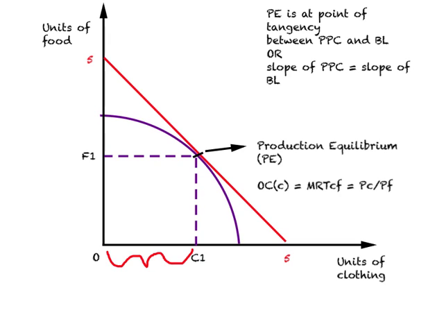And you take this equilibrium point to the horizontal axis, and you have determined the quantity of food that will actually be produced by this country. So the production equilibrium point will give us the exact amount of clothing and food that will be produced by this country. And since this is the equilibrium point, we believe this is the best point for the economy, and by this we mean at this point the country will be generating the maximum amount of income given its production